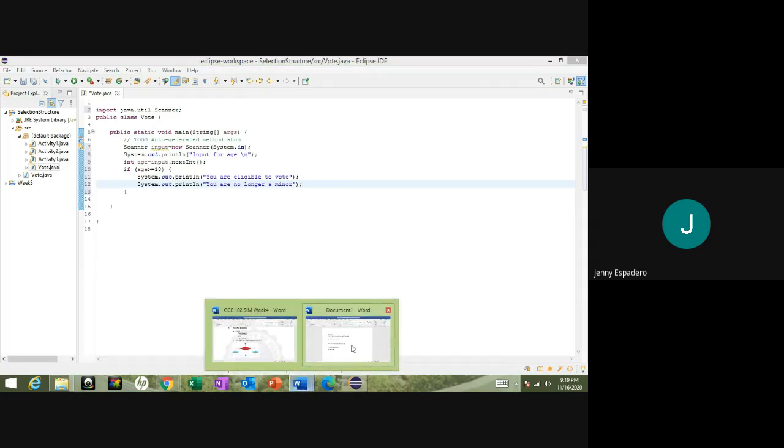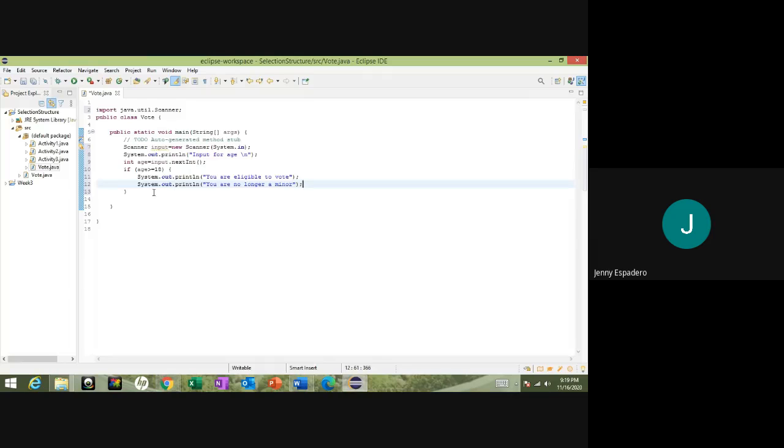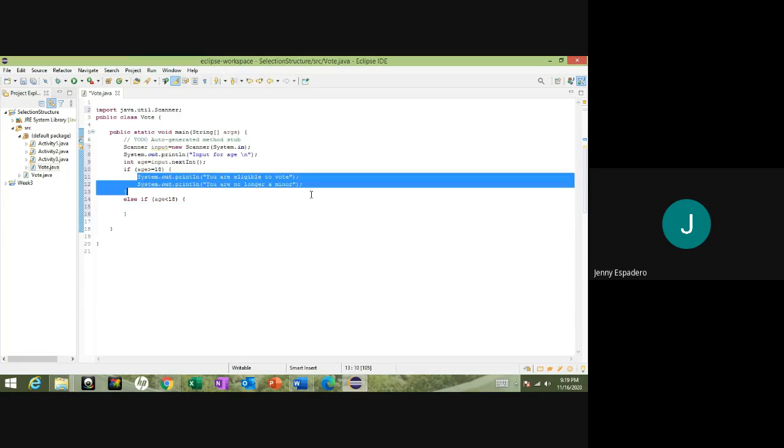Then let's go back to the scenario. The scenario says if age is less than 18, display the message "You are not eligible to vote. You are a minor." So we'll just write here else if age is less than 18. Though you may not write this expression anymore, you just write else.